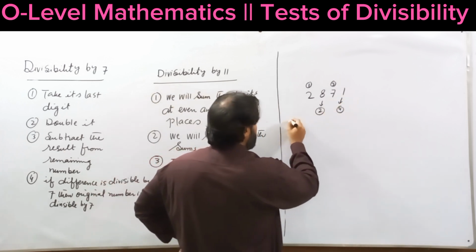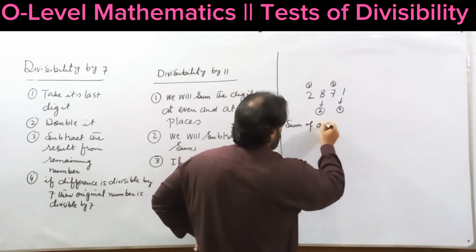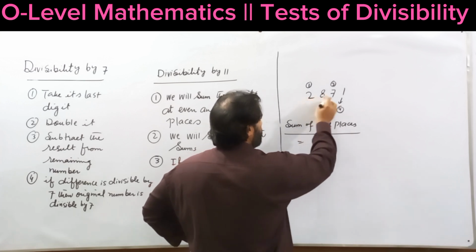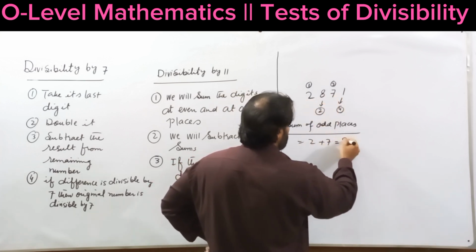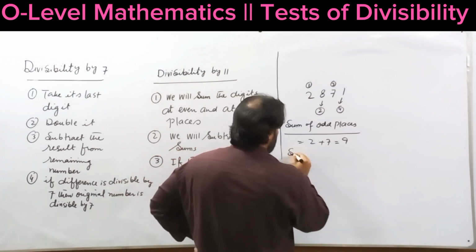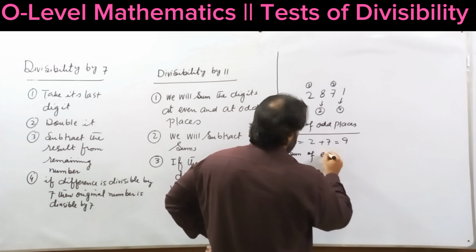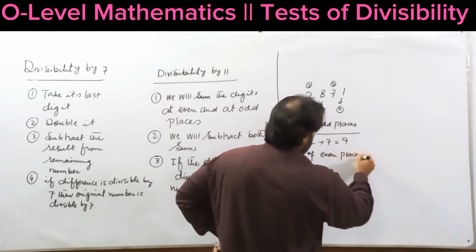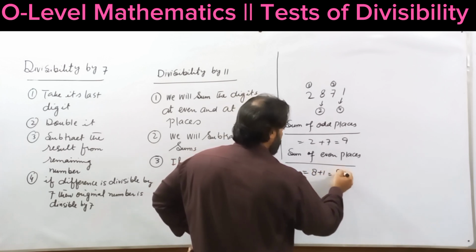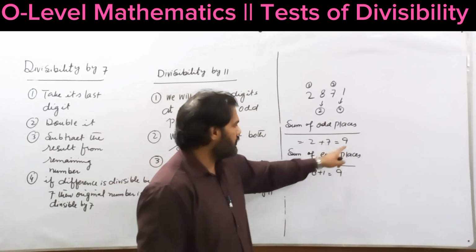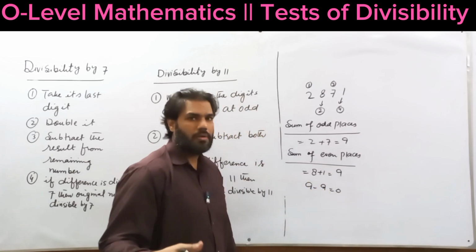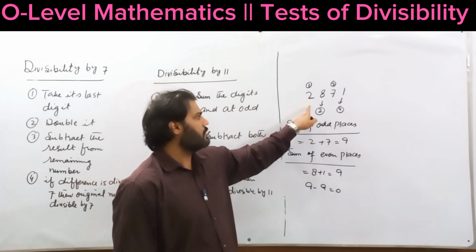So sum of odd places consists of the digits 2 and 7. This will give us 2 plus 7 equal to 9. Sum of even places, sum of digits of even places, this consists of 8 plus 1, which is equal to 9. Now the difference of both numbers, 9 minus 9, is equal to 0, and 0 is clearly divisible by 11, so this number is divisible